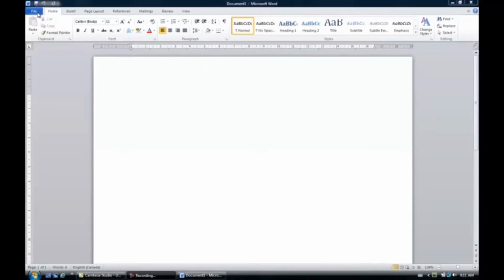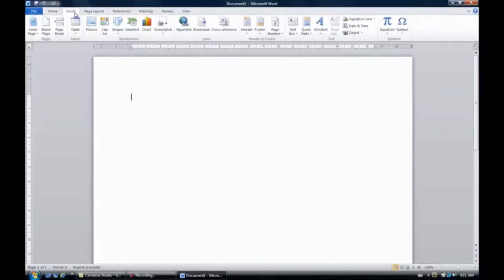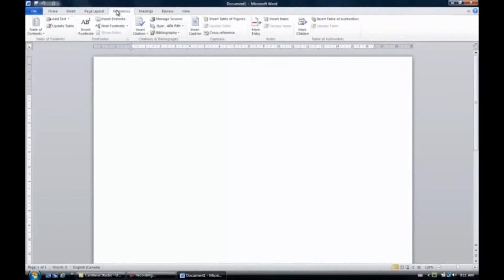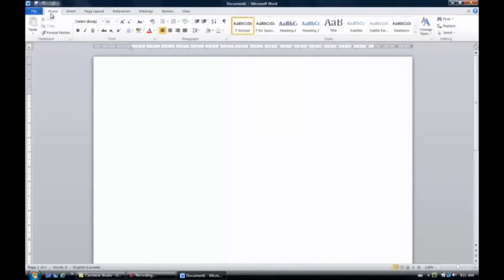Getting to the ribbon, these are actually called ribbon tabs, and so you can click along these ribbon tabs and new menus will come up, new commands will come up. And so this Home ribbon tab is where a lot of your formatting is happening. So your bold, your italics, your underline, your font size, your font style,